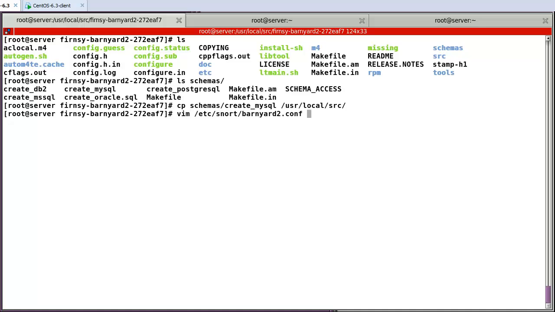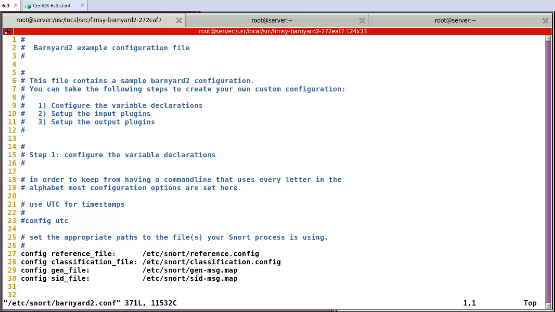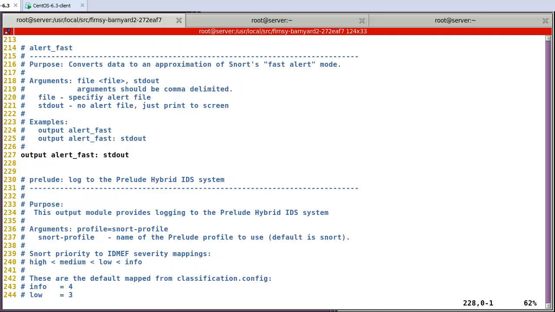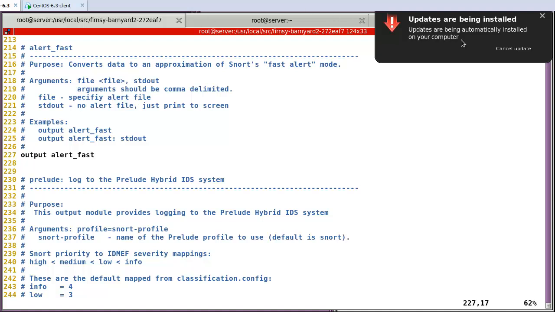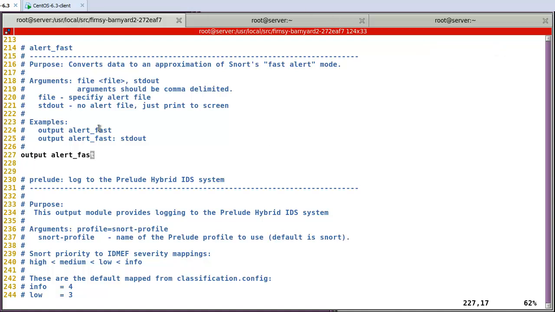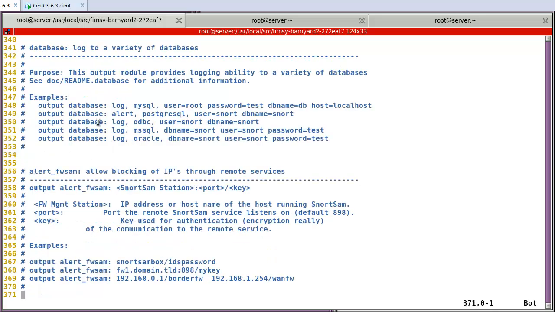Next, /etc/snort/barnyard2.conf. Here, let's go to line number 27. Now I'm using output alert_fast rather than stdout, so here I will use just alert_fast, this one. And after that, line number, oh sorry, cancel. After that, line number 348. So if you see this one, okay,